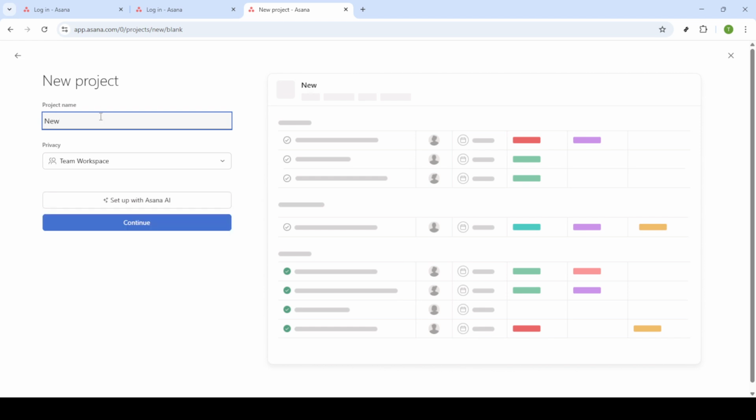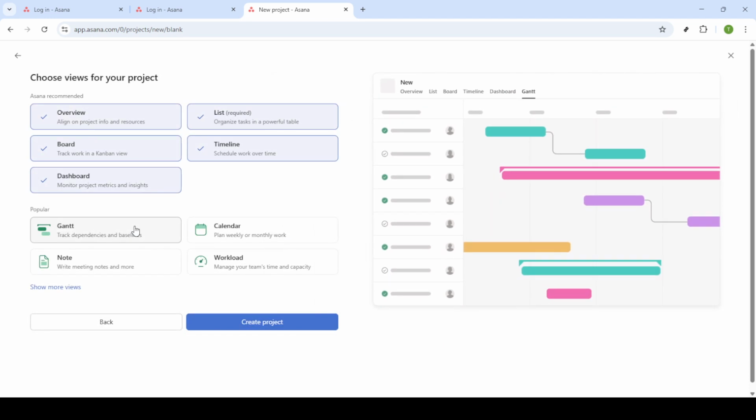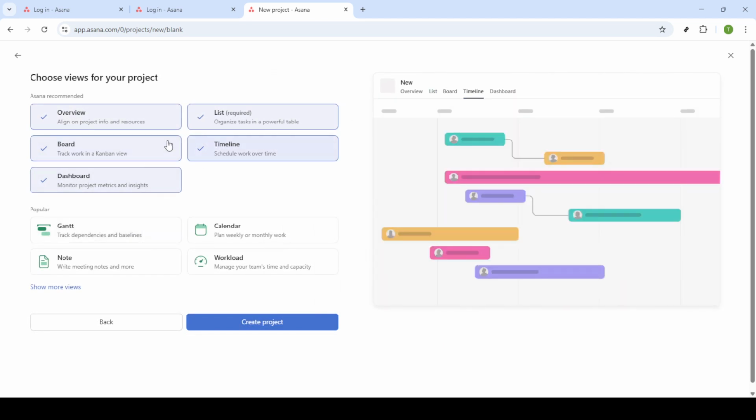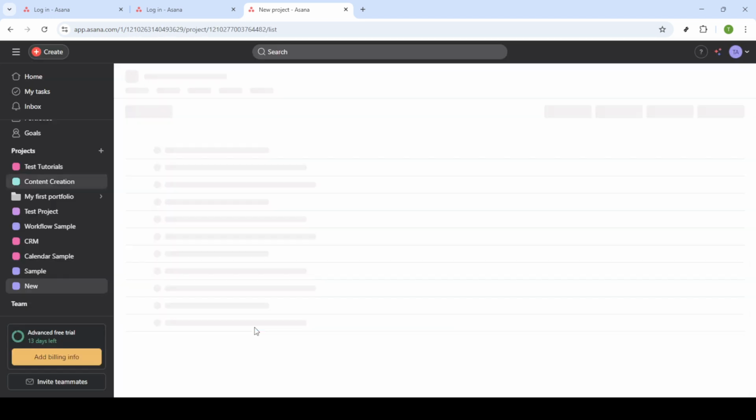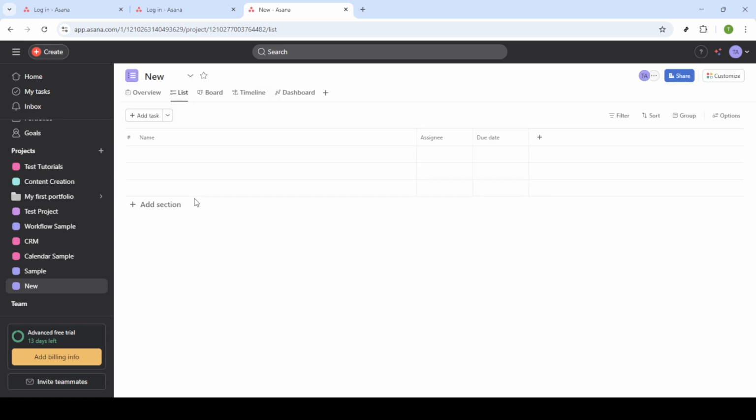Now that your project is set up, it's time to add tasks. Adding tasks is essential as it helps you break down the project into actionable items. Click on Add Task and fill in the necessary details. For each task, you can click on Details to add a deeper layer of information, such as descriptions or any